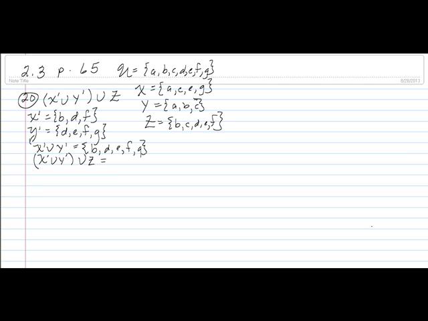Okay, I encountered pen problems, so I've rewritten on number 20. And what I want to do is pick up where we left off. We had found the complement of x, the complement of y, and we want the union of the two. So we get b, d, e, f, and g. Now we want to form the union of that with z. So we're combining these two,